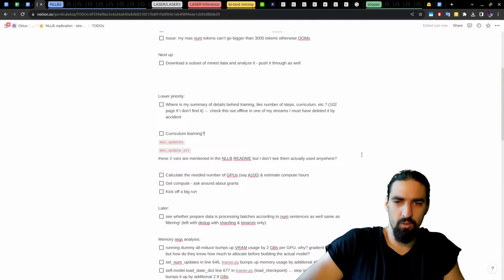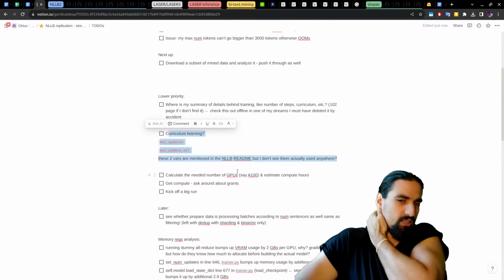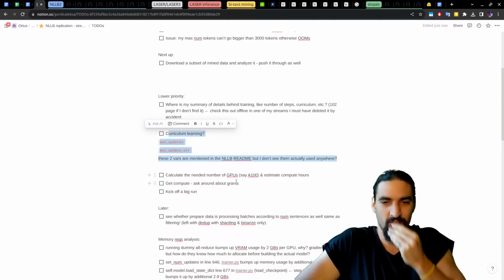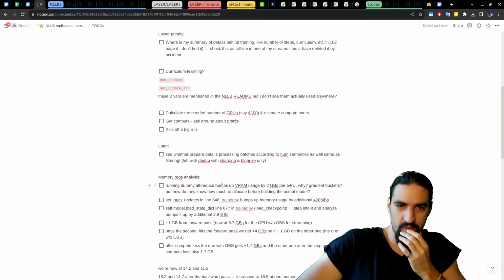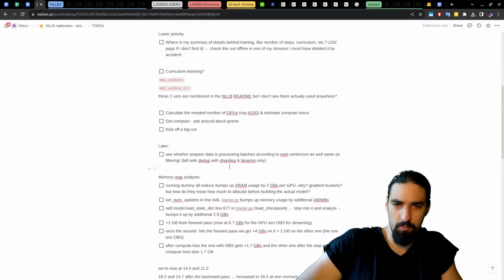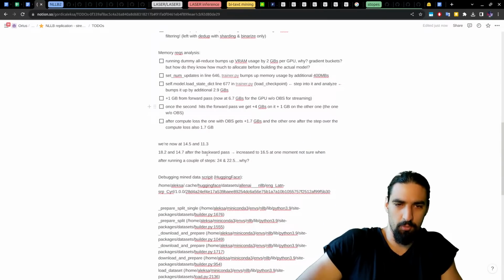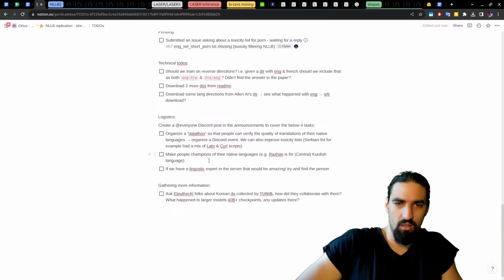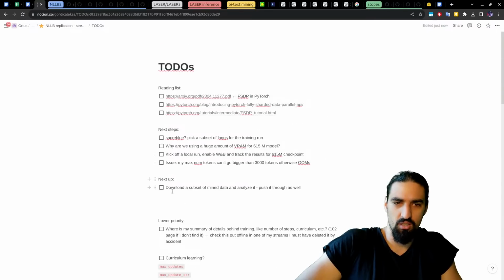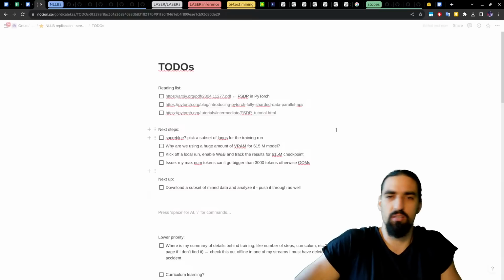Curriculum learning, we'll see whether we'll need that for later, not for now, because now we're gonna scope down the set of languages we support. And then everything else here can come in later. See whether prepared data is processing. This is lower priority. Some debugging about mine data. Some logistics. So this is kind of the main stuff, guys.